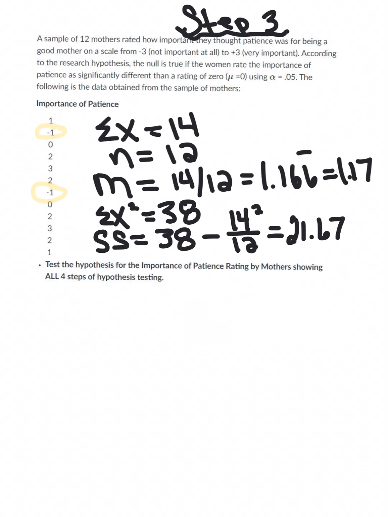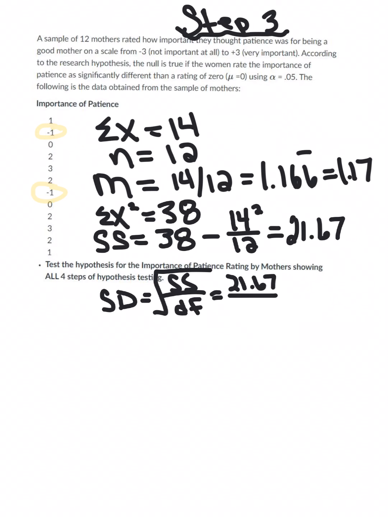So the next step, and I'm going to jump down here, is we want to get our standard deviation for this sample. So we're going to take the sums of squares, divide it by degrees of freedom, take that square root. So it ends up being 21.67 divided by 11, right? All under the square root. And so basically what I ended up with is 1.4035, but you can round it to the second decimal. So 1.40